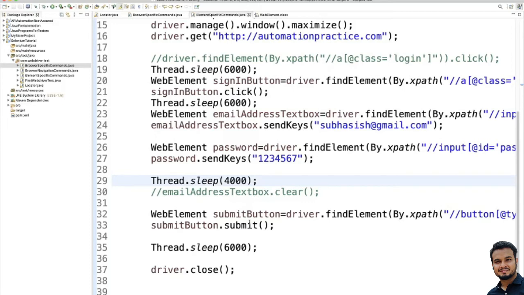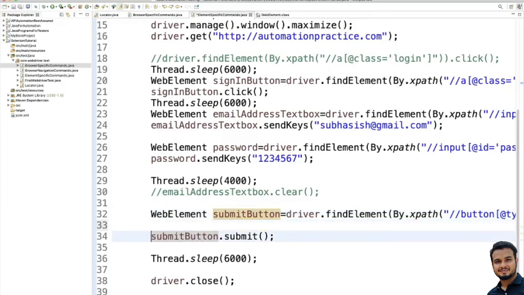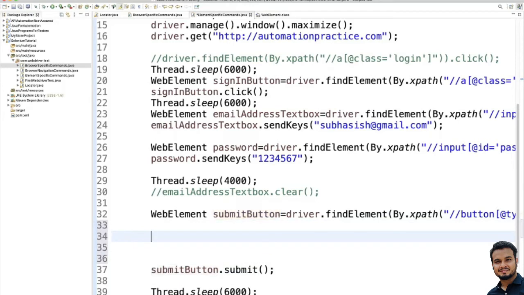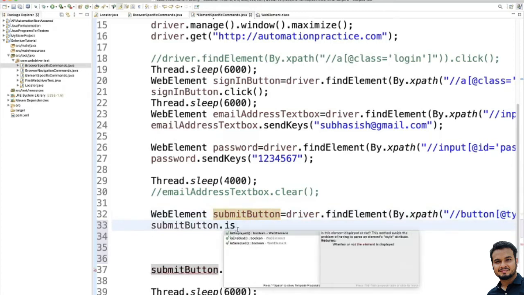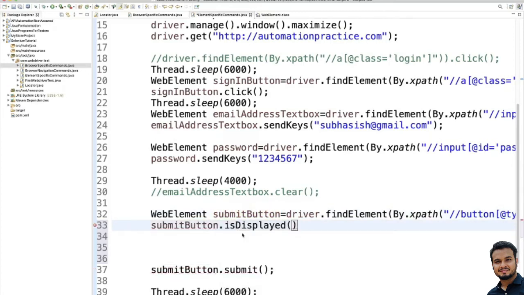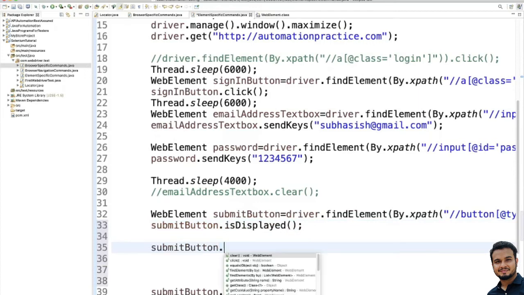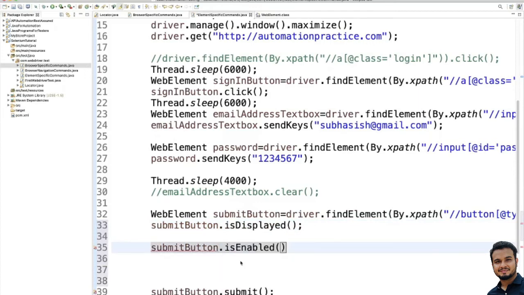So here we already have the submit button, a web element submit button. Before you click, you just write something like this: submit button dot isDisplayed. Similarly, you can do submit button dot isEnabled, to check if this button is enabled or not.